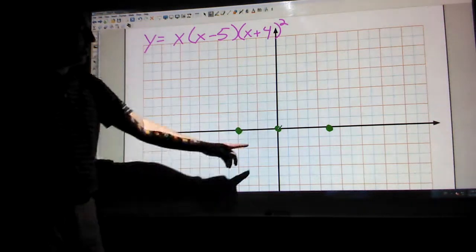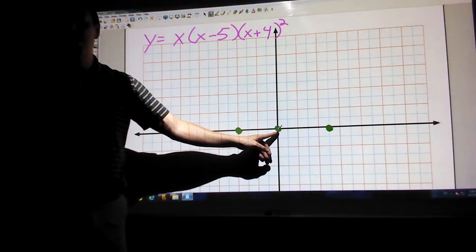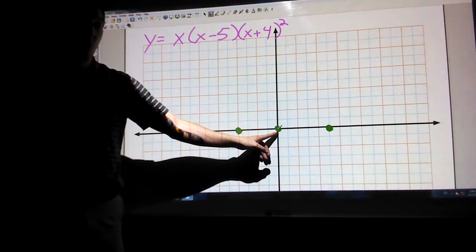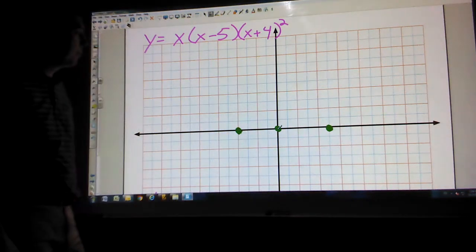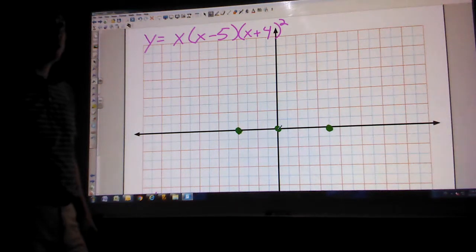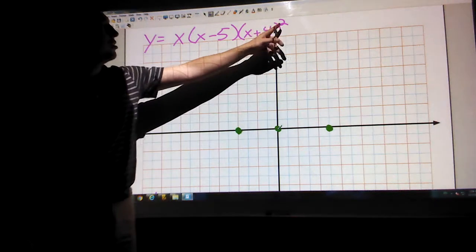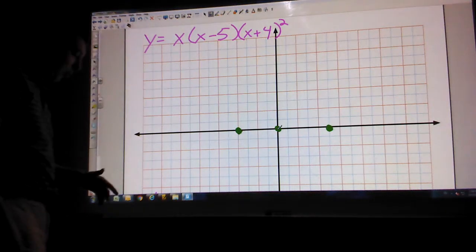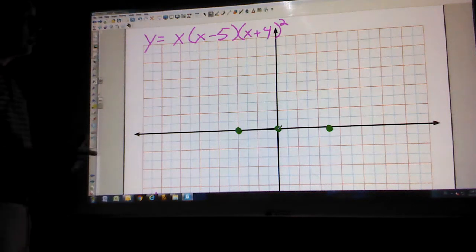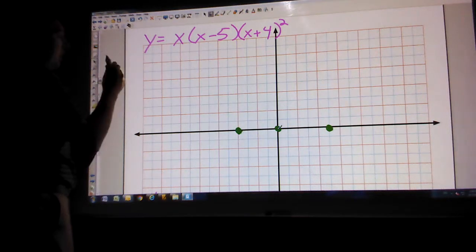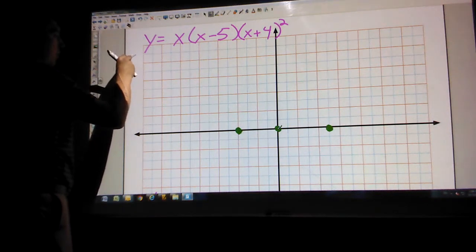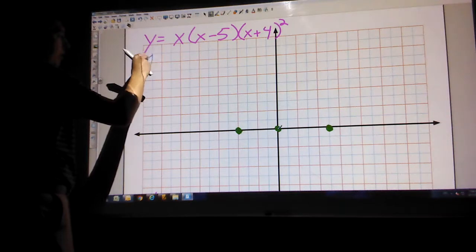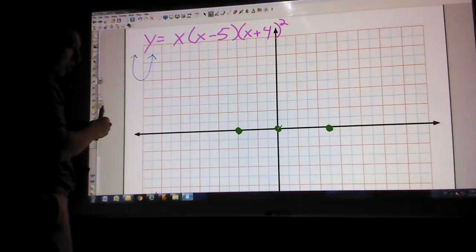Y-intercept. Well, the y-intercept is actually the x-intercept. It's right here at 0, 0. So the y-intercept is taken care of in this problem. Now I have to think about end behavior. It is a 2, 3, 4th degree. 4th degree means it's even. The number out front is positive. Even positives start high and end up high. So we'll start up high,